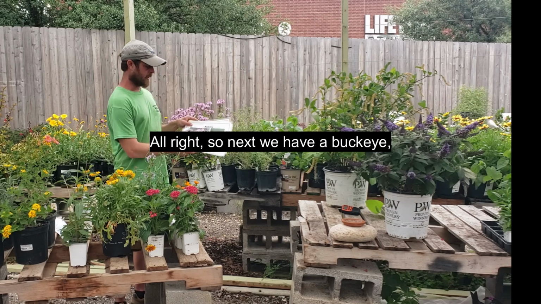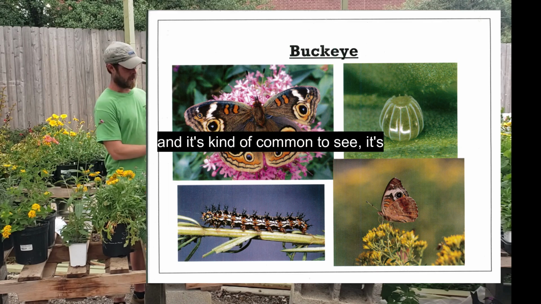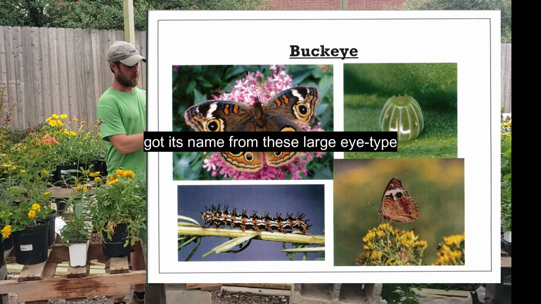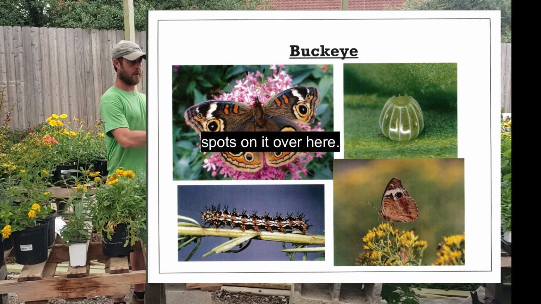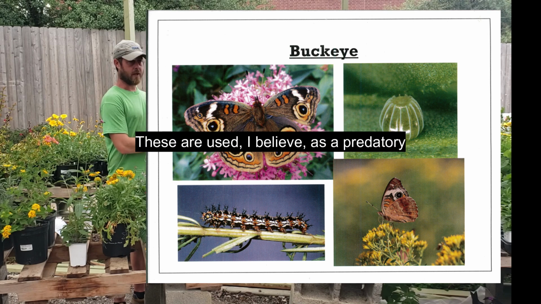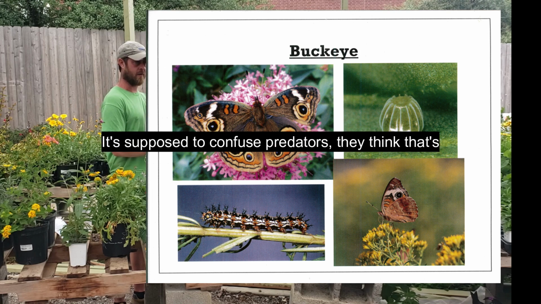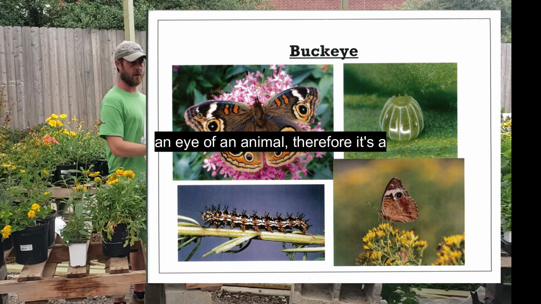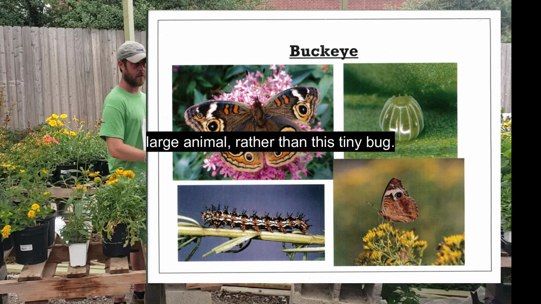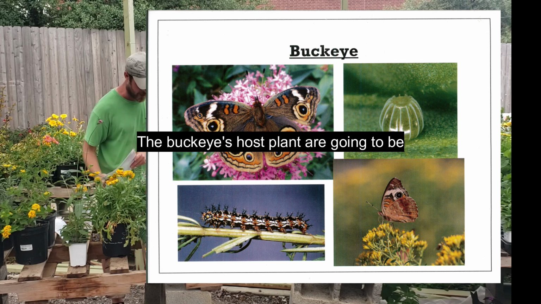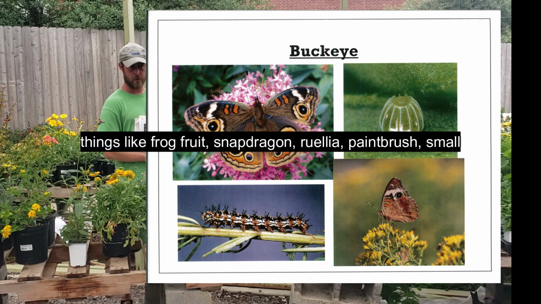All right, so next we have a buckeye, and it's common to see. It's easy to see why this one got its name, from these large eye-type spots on it right here. These are used, I believe, as a predatory defense. They're supposed to confuse predators. They think that's the eye of an animal, therefore it's a large animal rather than this tiny bug. Kind of the idea. The buckeye's host plants are going to be things like frog fruit, snapdragon, Ruellia, paintbrush,